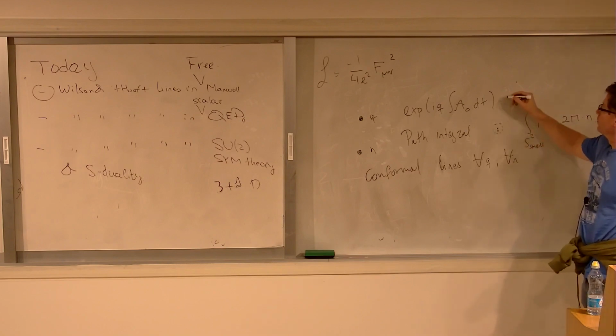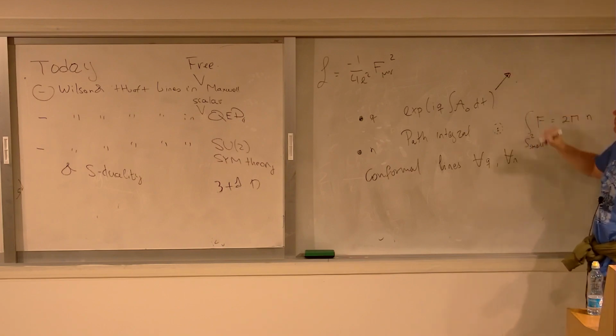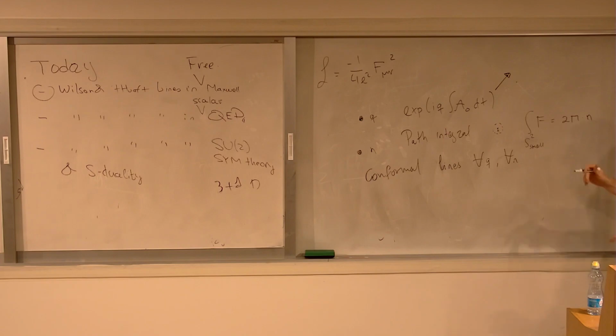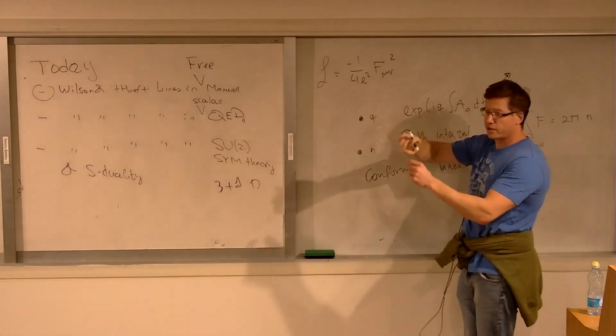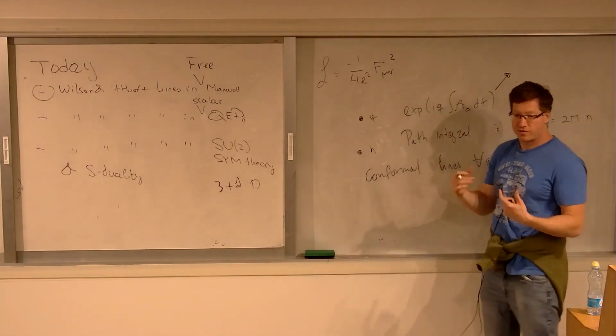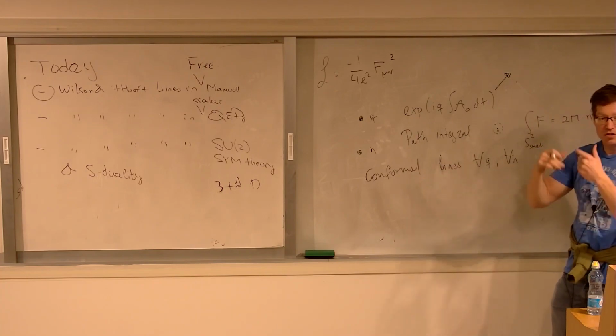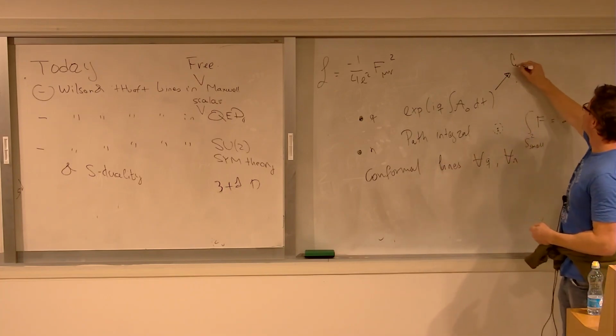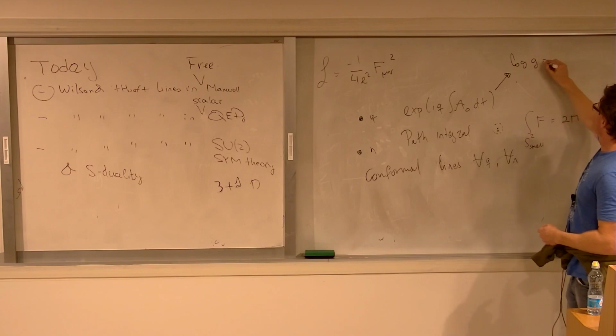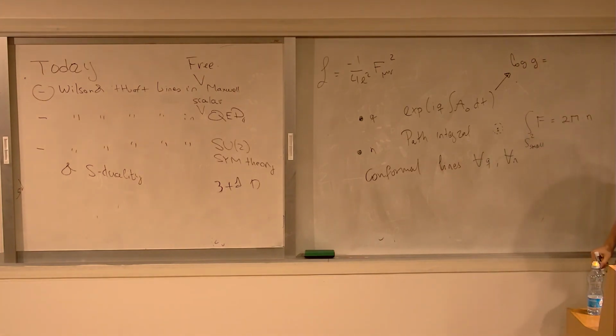For those guys, it's an easy computation in free field theory. You just have to consider, instead of a straight line, a circular line in Euclidean signature, find the saddle point configuration for the gauge field, plug it back into the action. So here you get that log of G for the Wilson line is just Q squared e squared over 4. And for the 't Hooft line,